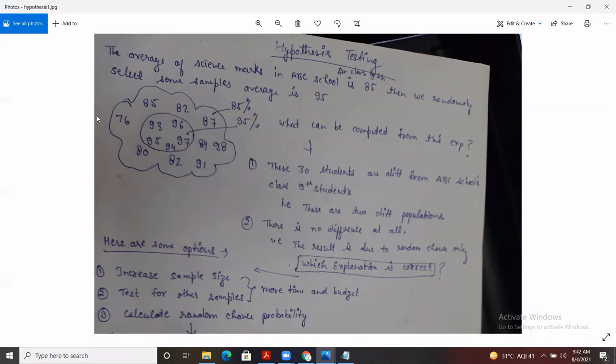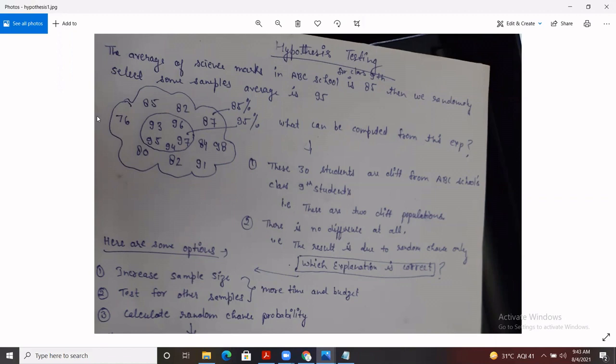The other observation is that because we randomly selected some samples to calculate the average, this difference is because of that. That's what our understanding can be. One is maybe we have a different population, another is maybe just because we selected random samples, so this comes from the random selection of students. Might be we selected all the students who have maximum marks because we randomly picked them. But the thing is, which explanation is correct? How can we be assured whether we should take it as 85 or as 95?